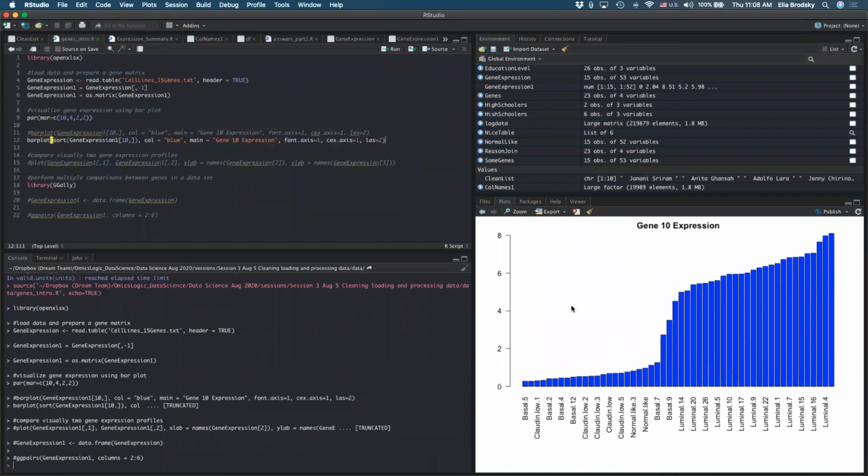Okay, so now I can see that the information this gene carries is the difference between luminal and the rest. The rest don't have a lot of variation, because the basal is not together. If luminal and basal were together and then the rest, then I would know that it would give me some more information.